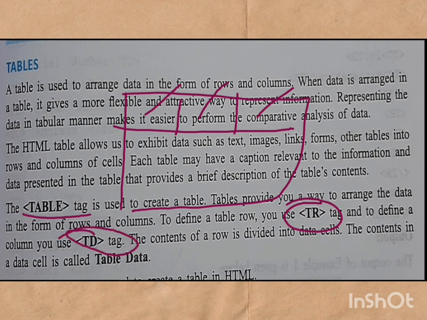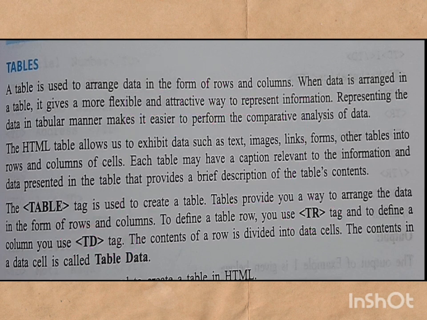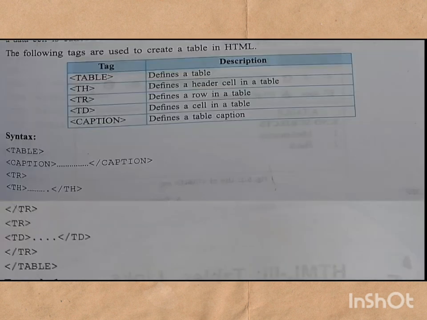There is one more tag that we call th, that is used for first table data only. Instead of table data we can use th for the first. If we use th, then it will come bold, underline. In mobile it will come in underline also and bold also, but in computer you will see that it will come little bold. So tr is table row, td is table data. This is the full form.